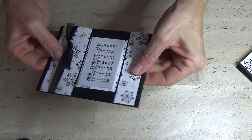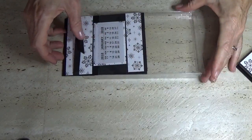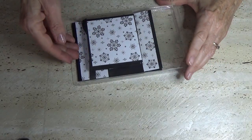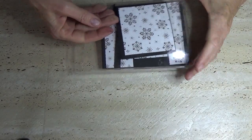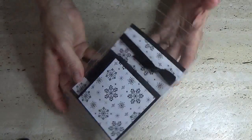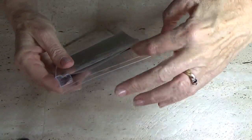like so, and then because this concertina's going to lie flat, I just pop that inside the acetate, and then what I think works best for me is before I push the calendar all the way in, I'm just going to slide that down. So it sits like so, and then the same at the top. You just want to have those flaps down,